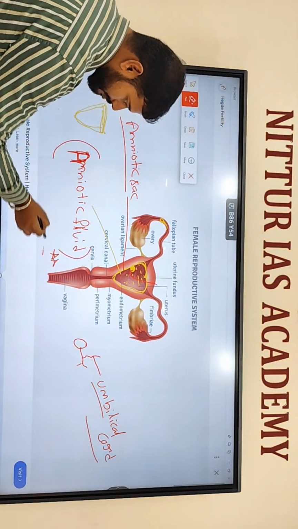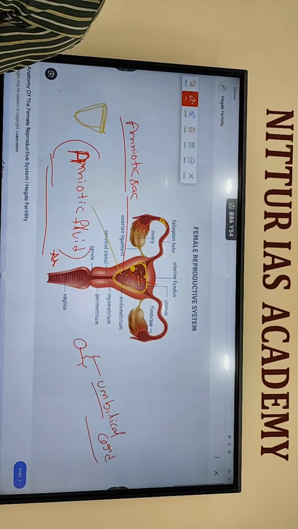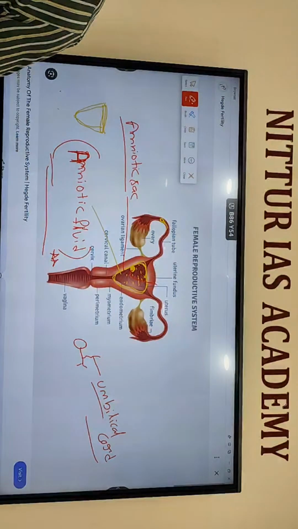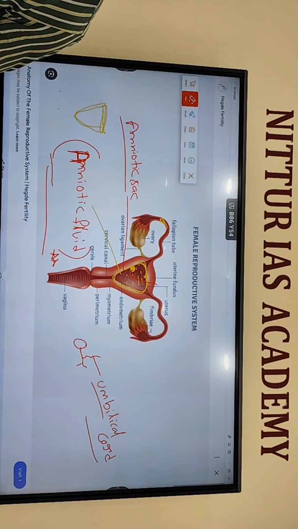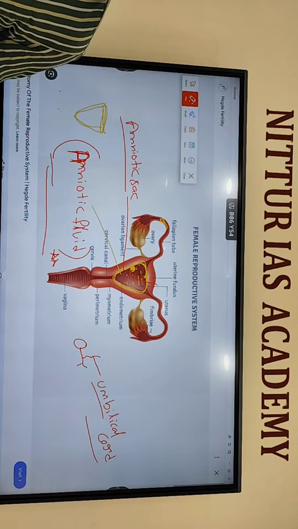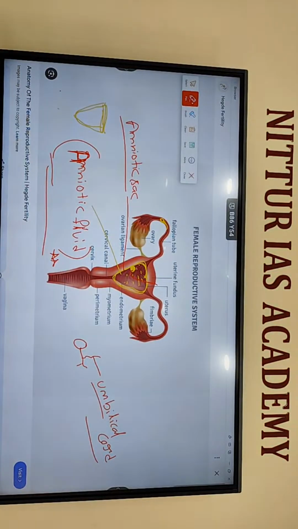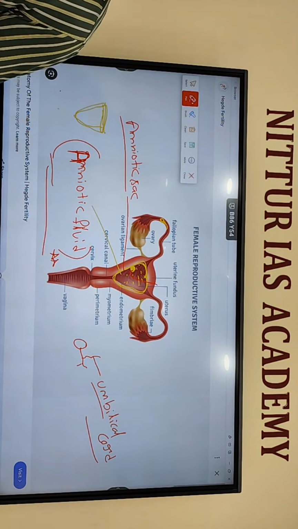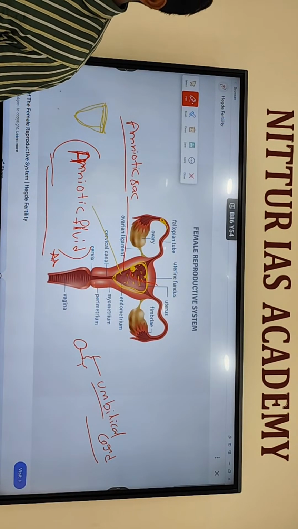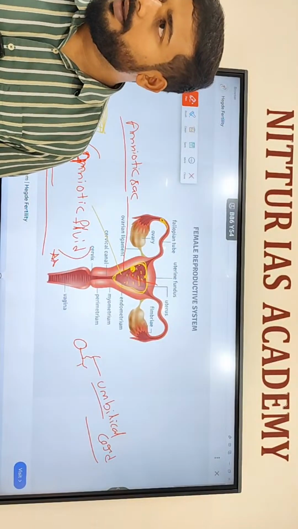Amniotic fluid. Listen, a little bit important. See, sex determination is illegal in India, banned in India. Meaning finding out the sex of the baby before birth. Gender determination is banned. How can the gender of the baby be found? By normal ultrasound scanning, the gender of the baby can be found.